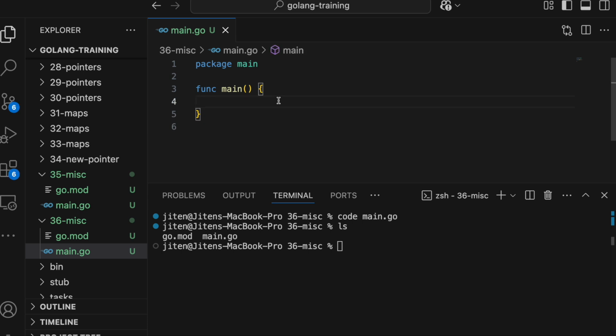There is something called big integer in Golang. Big integers are what you use if you really want to work with very, very big integers. But big integers means the integers which are